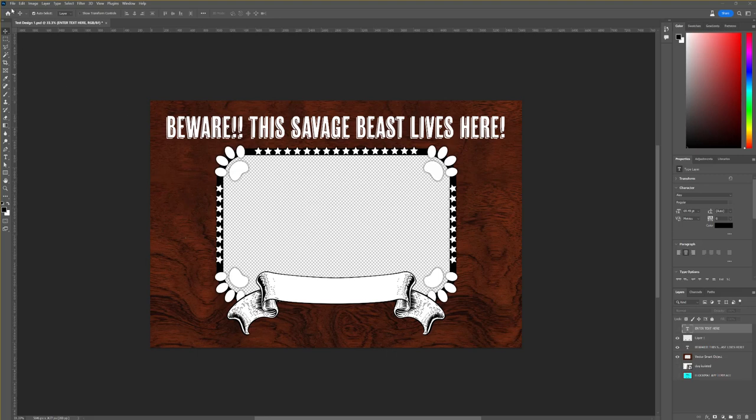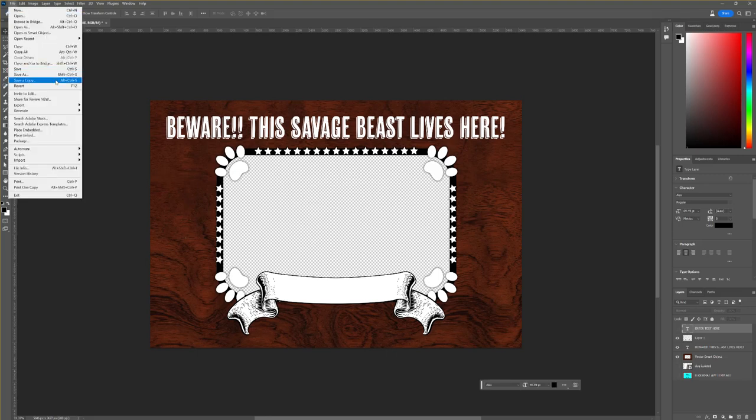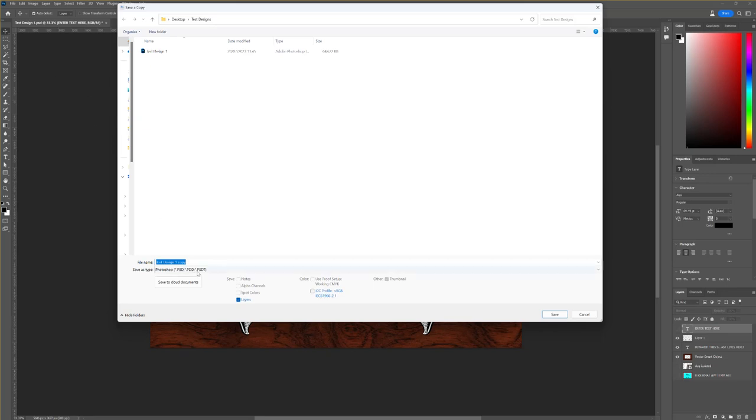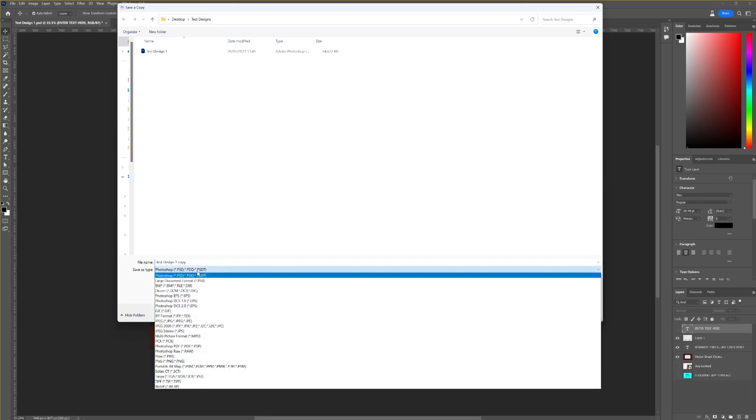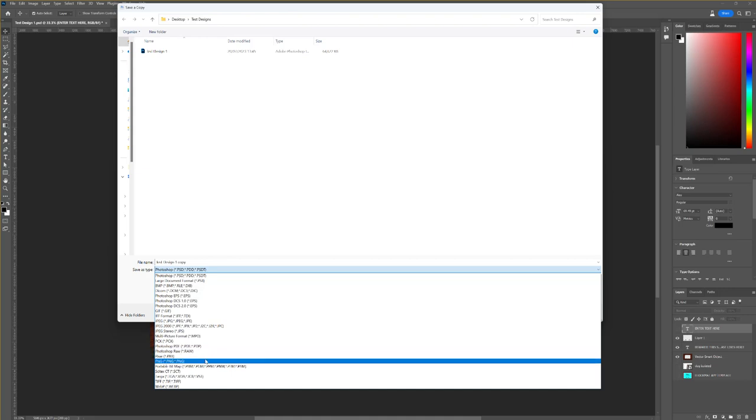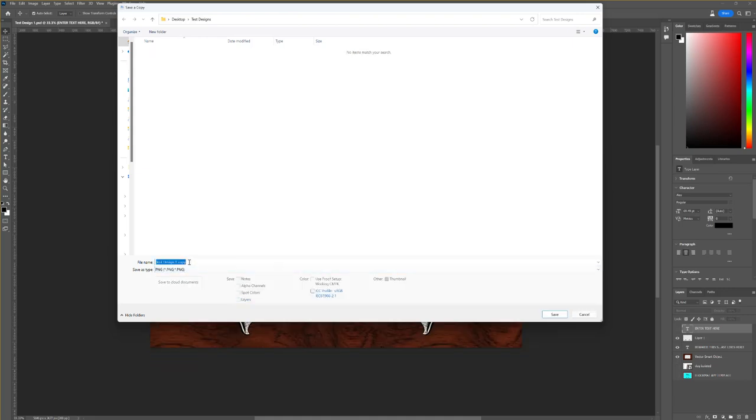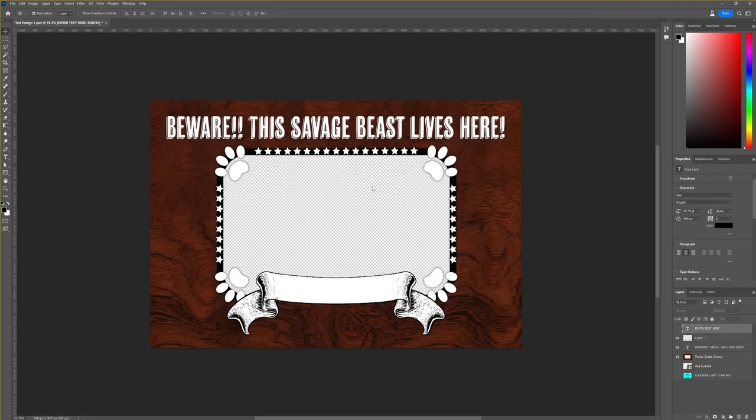Now we've done this in Photoshop, we'll go to save a copy, and we want to save this as a PNG, which will be down here somewhere, and we'll call this test 1, and we'll save that design. The color format you want to use is RGB when you're creating these designs. And once you've saved it, you're ready to move on to the next step, which is in the next video,